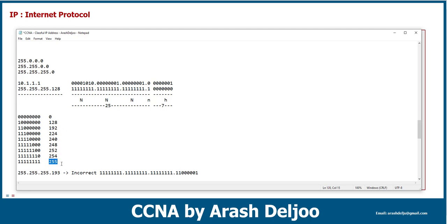You will learn about this subnet mask more than this, but let me say that until now we learned about the subnet mask and its function. The function of the subnet mask is identifying the network part and also the host part of one IP address. This is the first result, and after that we can use